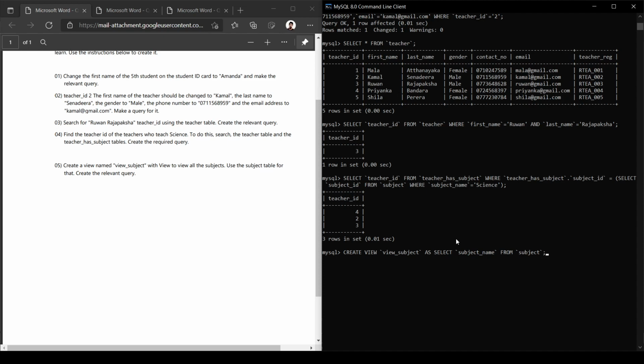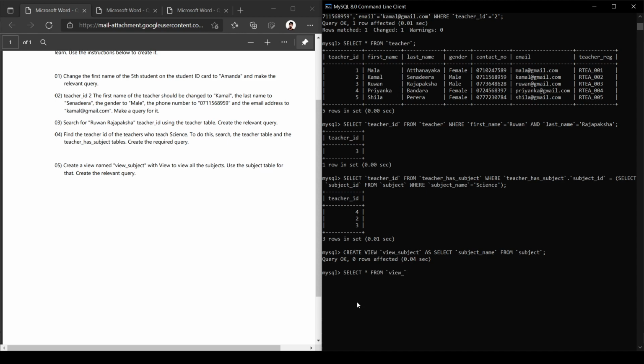And we can create this one query. Okay, and let's see what the data in our view is. So let's write a select query again. Select asterisk from, let's mention the view name, which is view subject.